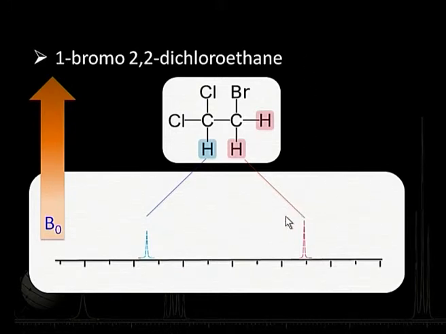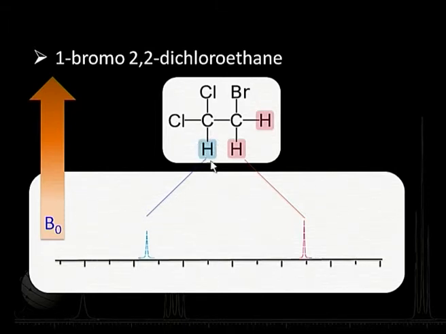And the second thing you can note here is that this signal is coming because of just one proton, and this signal is because of two protons. So, this is slightly more intense. This is my expectation here. They are not the spectra I am going to get. This is where I expect the signal to be coming on the basis of the electronegativity of the substituents here. Okay. Now, let us go through the same exercise again.